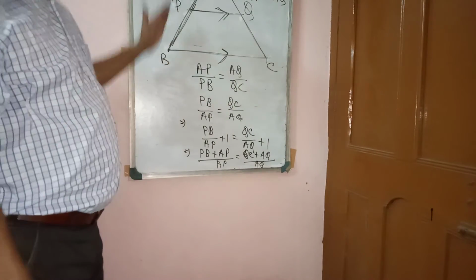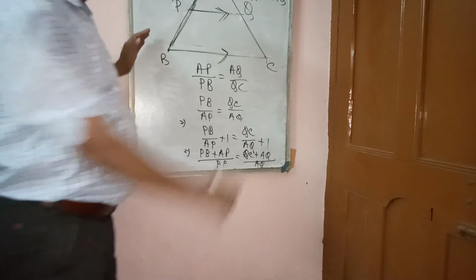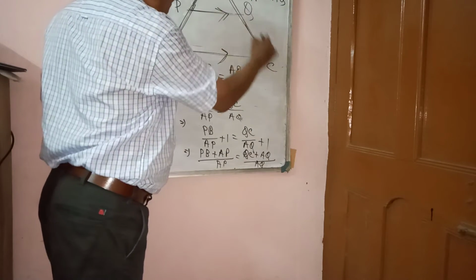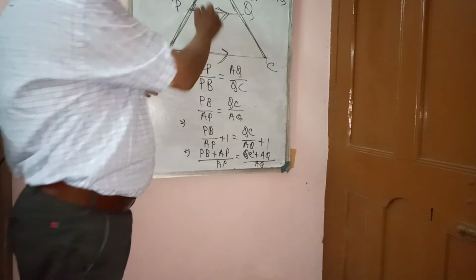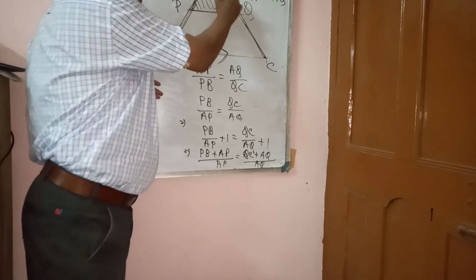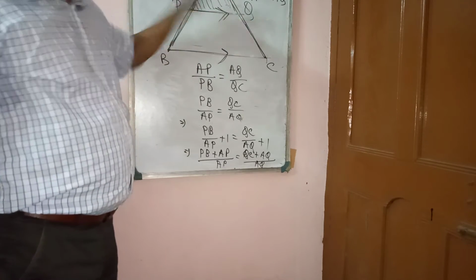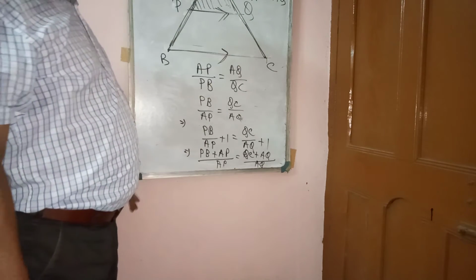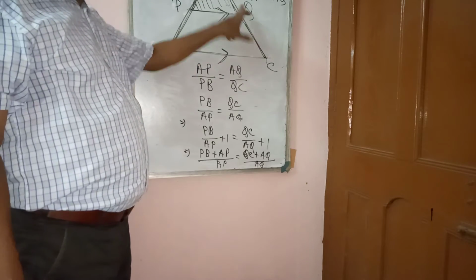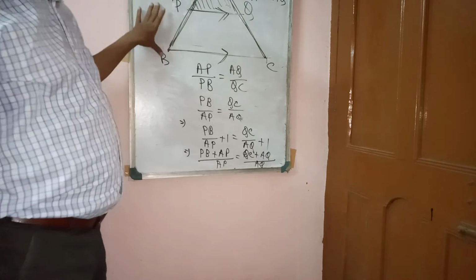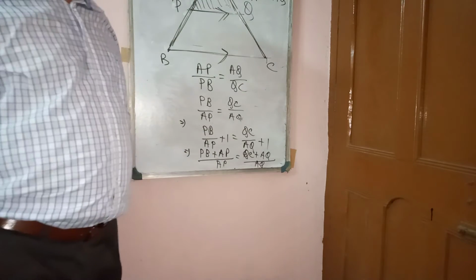Taking whole AB by this part, AC whole part by this part. Then we are considering the whole triangle and this triangle. Similar also, parallel is there. That is why these two are parallel. Then we can say in the triangle AB by AP equals AC by AQ. Also we can write AP by AB, AQ by AC, the same similar thing.